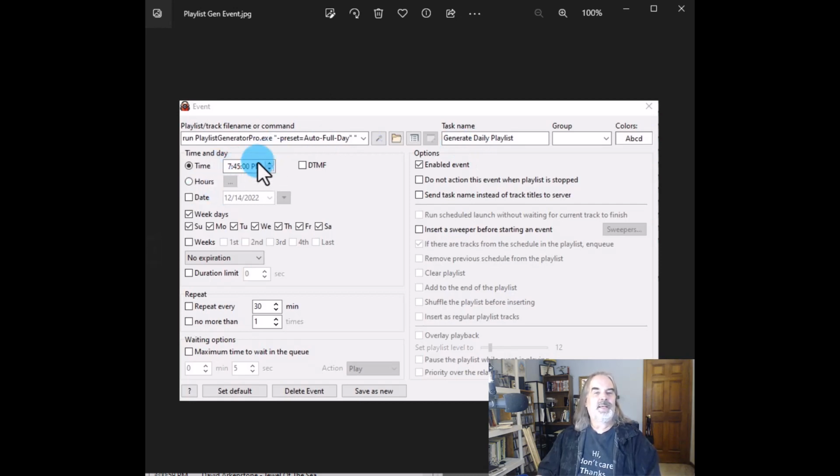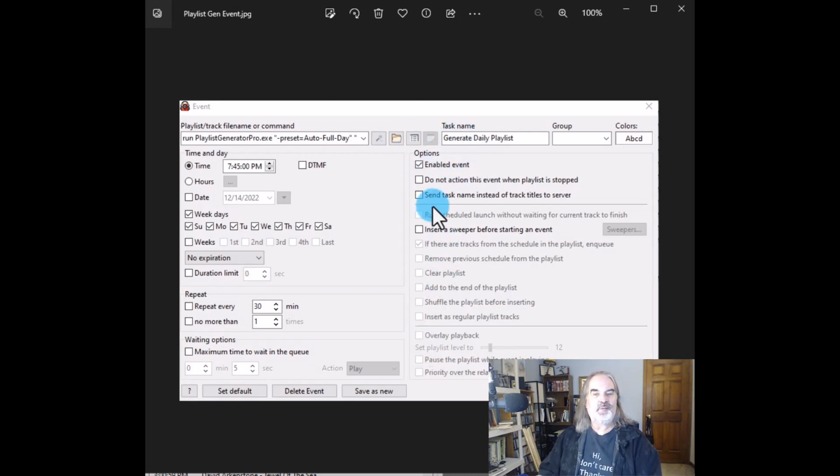And like I said, it's 7:45 p.m. the day before. It will create the playlist for the next day. It does this every weekday, and it doesn't repeat. So in the station ID, I said that this particular time thing was irrelevant, and that's because the event was being repeated every 30 minutes. In this window, there is no repeating, and so on every weekday that's selected, this event takes place at 7:45 p.m. Because this is not an audio event, nothing plays,